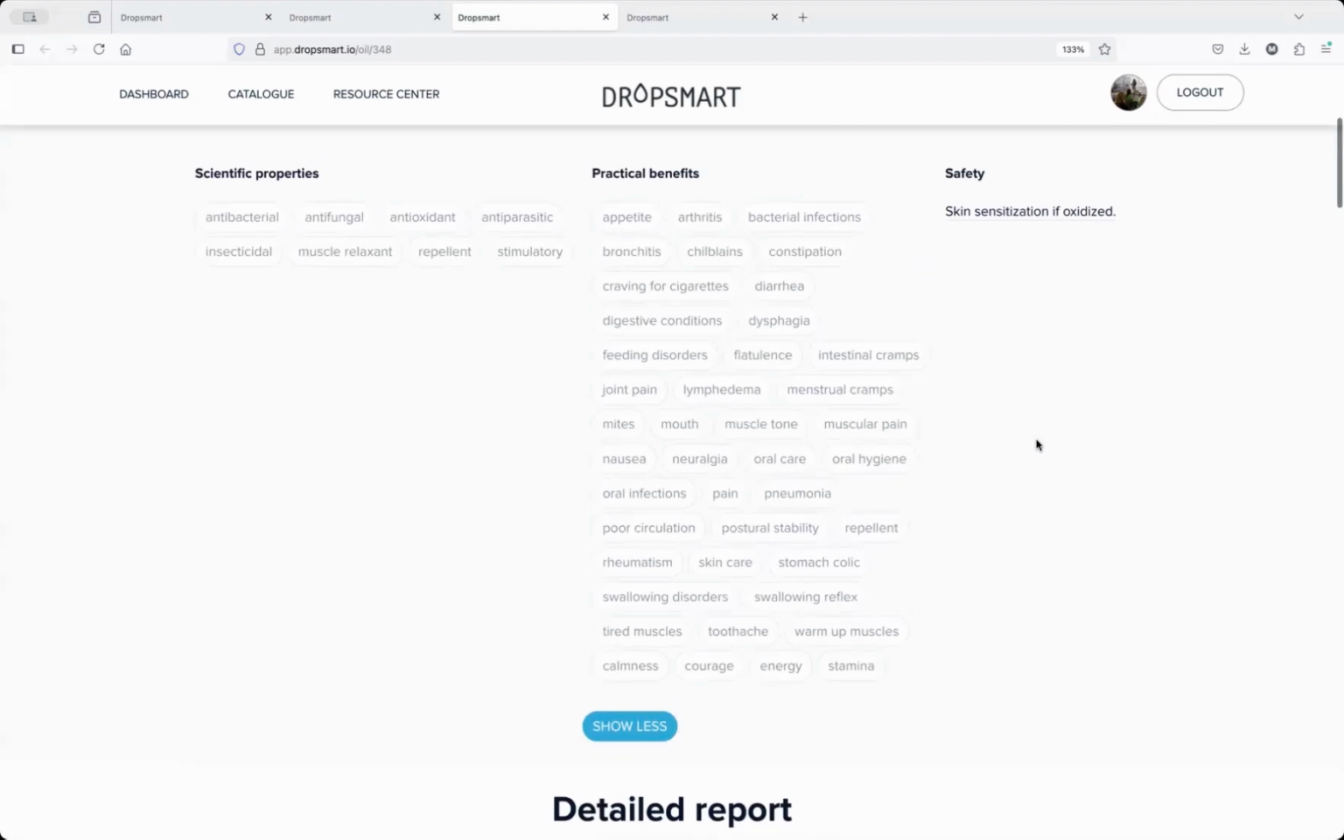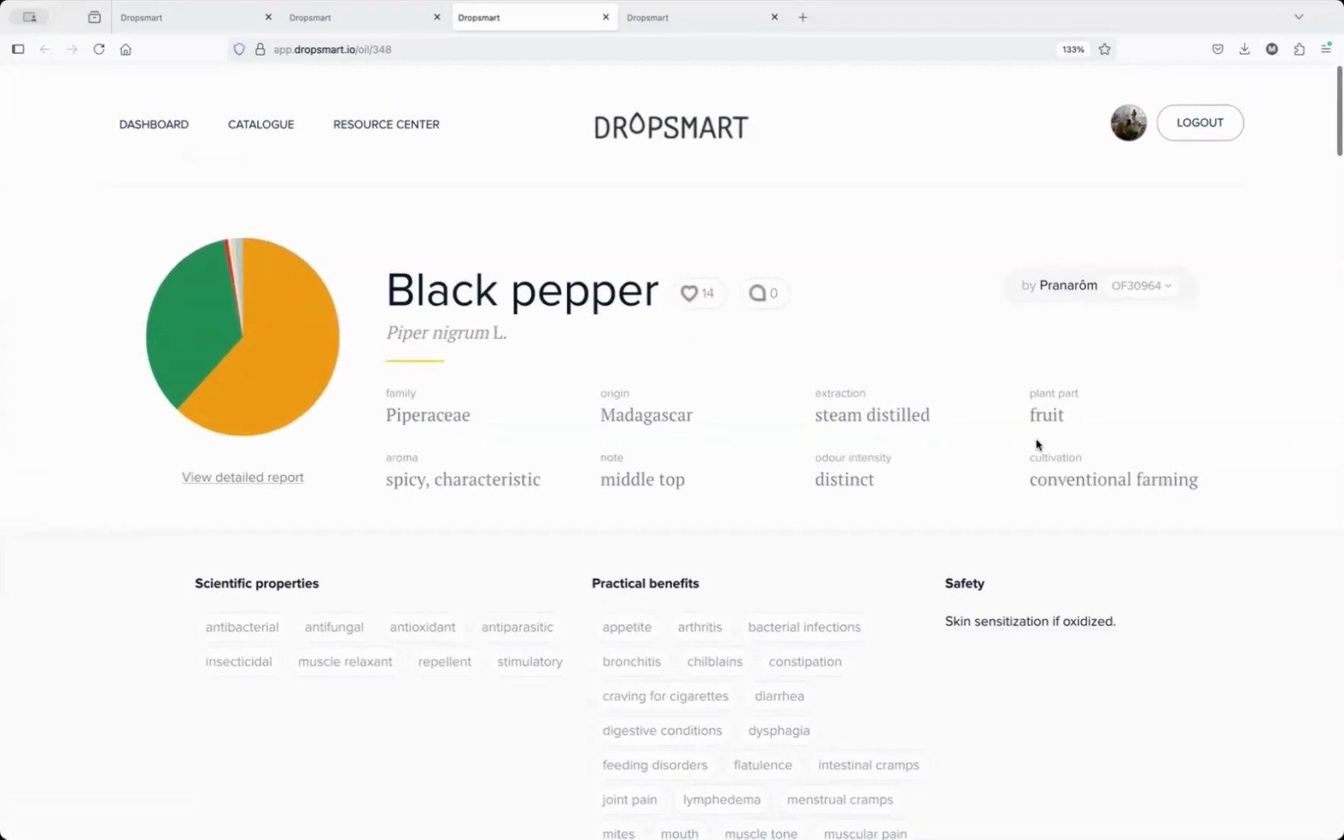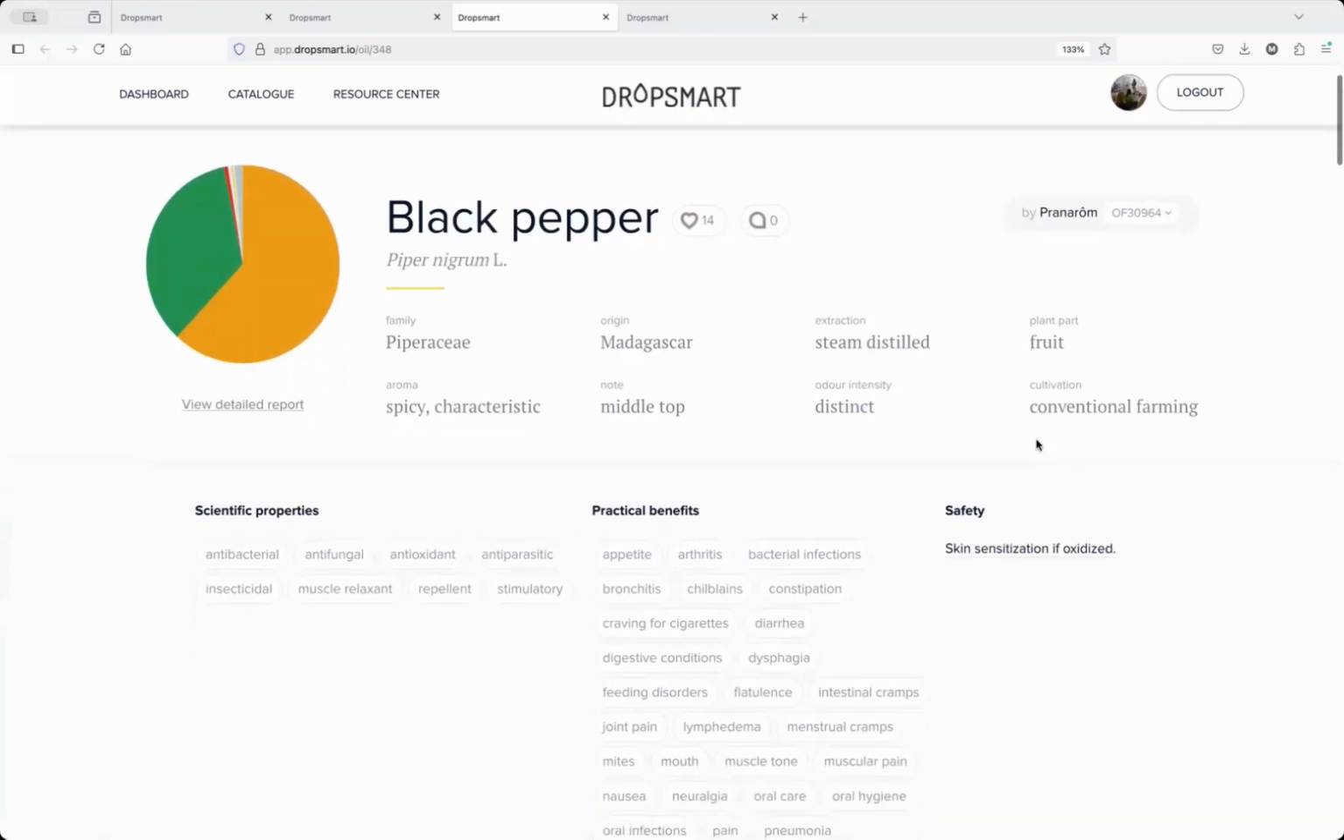Today, I decided to show you which oil it is, but I'm going to give you one more chance to guess it. Anybody? And the oil is black pepper. So I wanted to show you today which one it is, because you will see that a lot